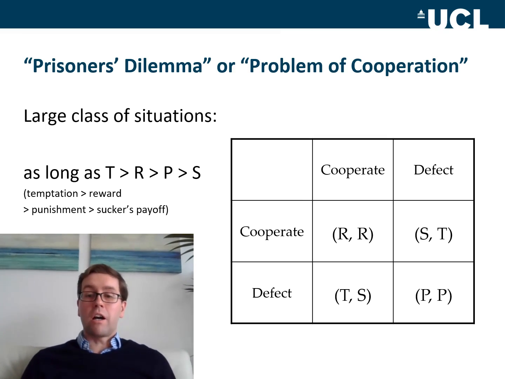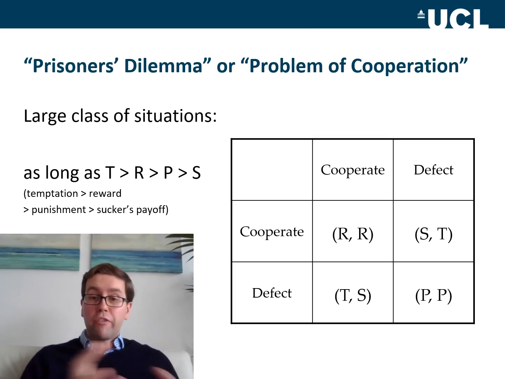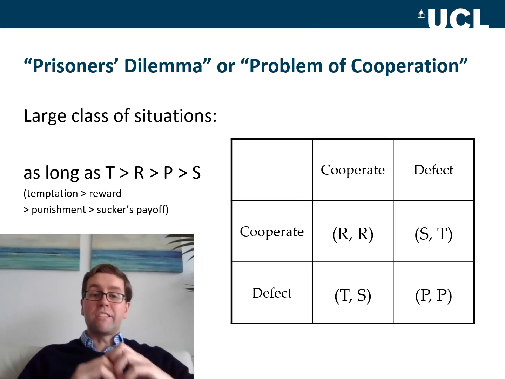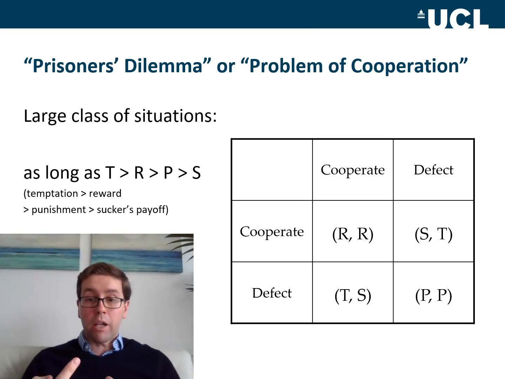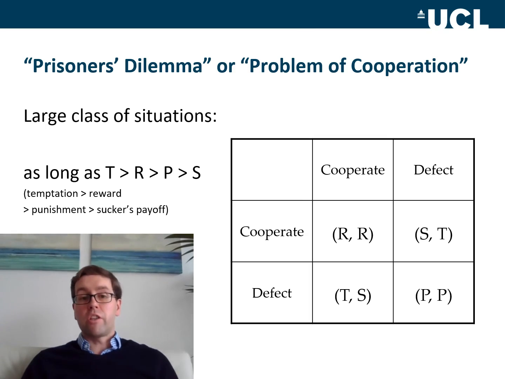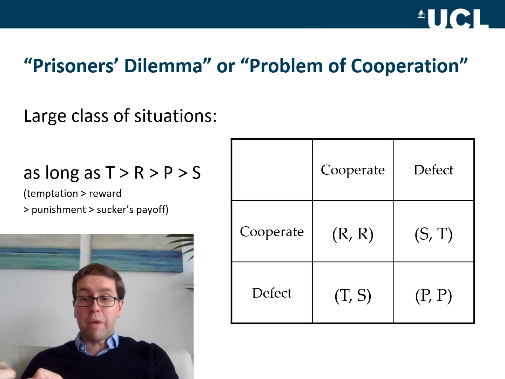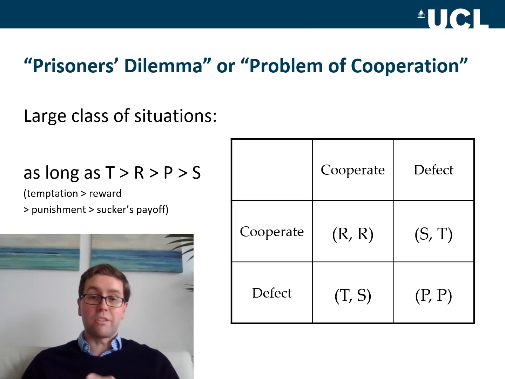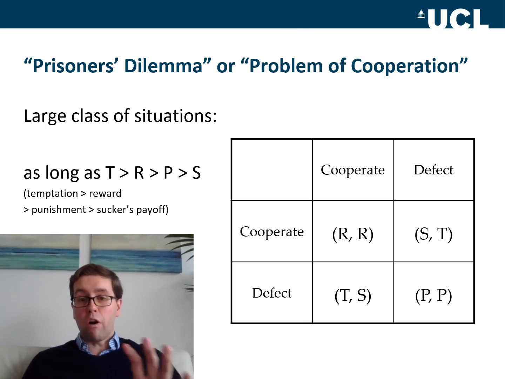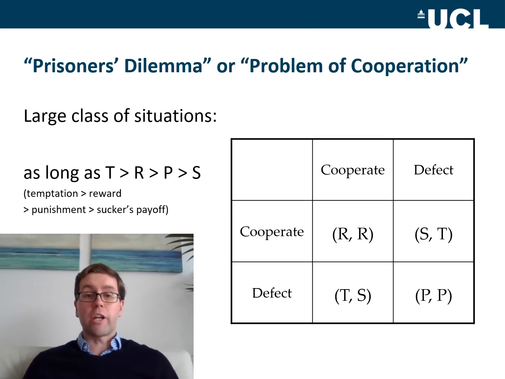And as long as the payoffs are as in this matrix here, so as long as the temptation of defecting when the other person is cooperating is larger than the reward for both of us doing the right thing, which is larger than the punishment, the situation where we both play the bad option, the defect option, which is larger than the sucker's payoff, being the loser, the one who cooperates while the other person defects. So as long as this ordinal ranking of outcomes is given, a situation can be described as a prisoner's dilemma or problem of cooperation. And these are incredibly widespread,